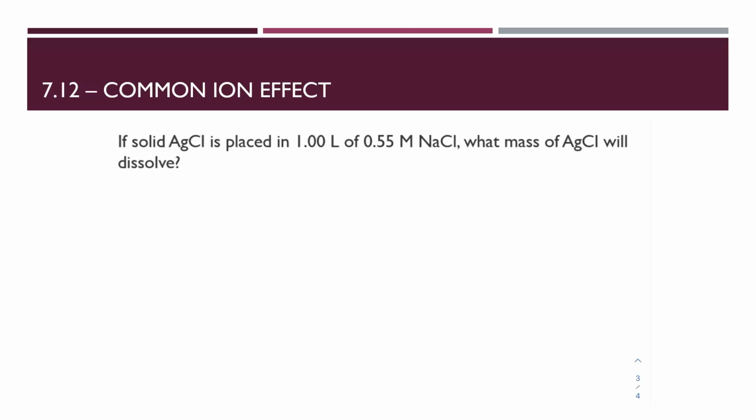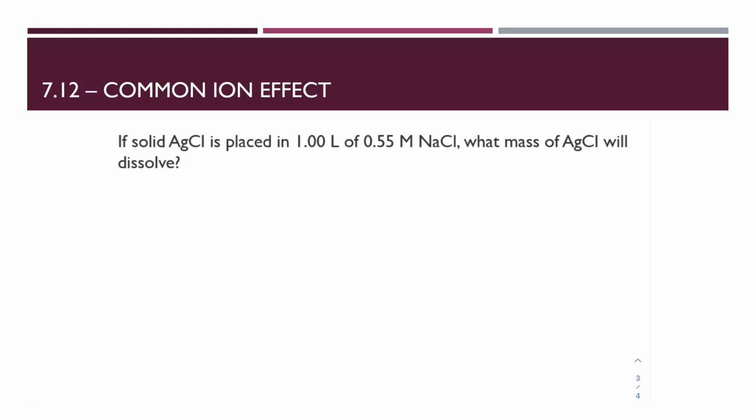So in this problem, we're looking at trying to dissolve silver chloride in a 0.55 molar solution of sodium chloride. And we want to know how much silver chloride will actually dissolve. What we need to recognize is that our solution already contains sodium ions and chloride ions. The solubility of silver chloride relies on there being space for the chloride ions to exist, and we already have some chloride ions in existence,